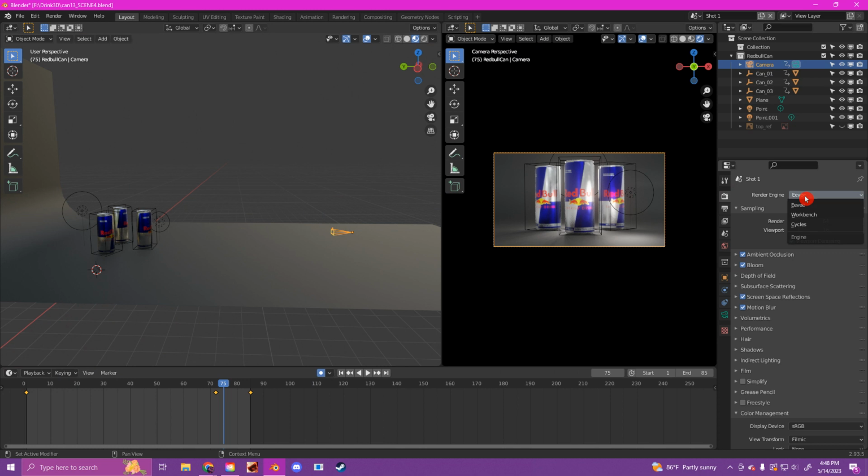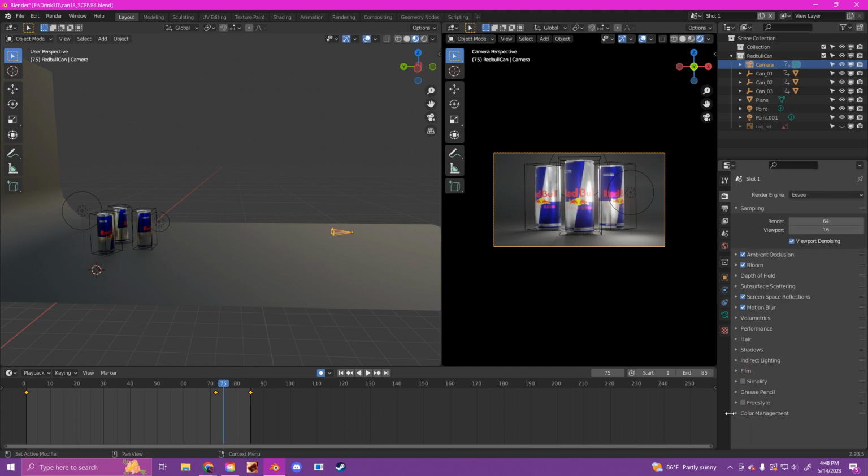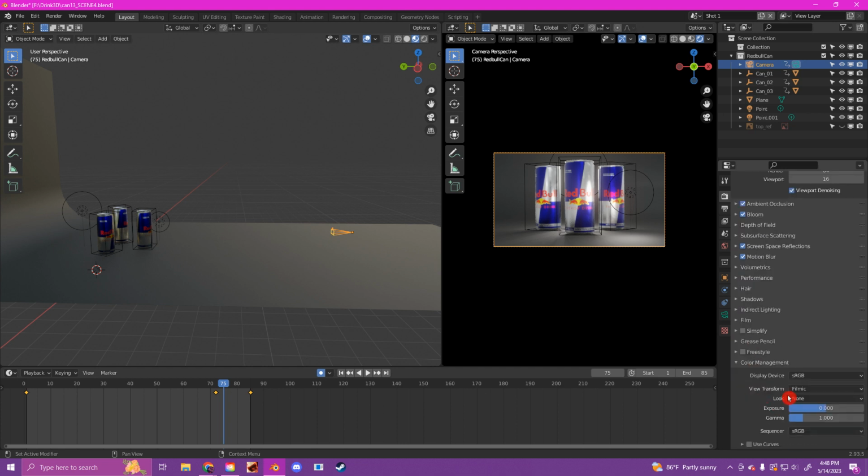As I said, to make life easier, when you have a good computer, you will use Cycles because it will do all of the work for you, but we're going to use Eevee. We're going to make sure that ambient occlusion is turned on, bloom is turned on, screen space reflections, and motion blur. Another option that you have is if you go under color management, you can change the way the stuff